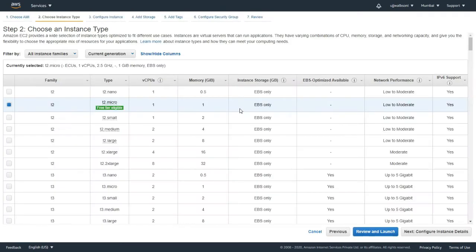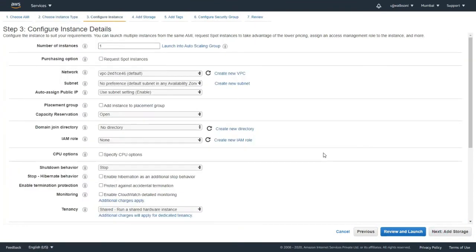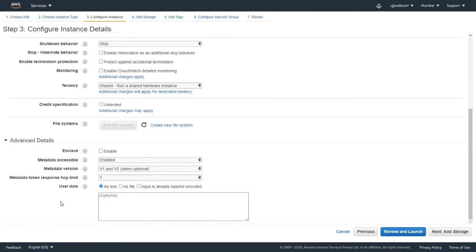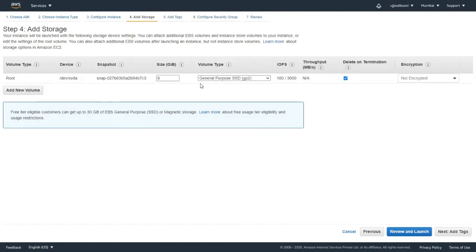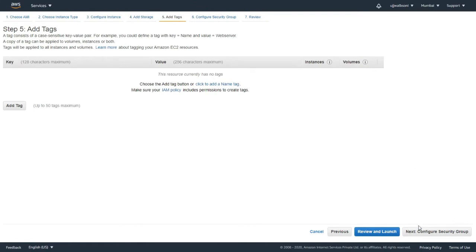I'll be choosing T2 Micro, which is eligible for the free tier. I'll configure the instance details. I will leave the user data as blank since we are not going to access this EC2 instance using web browser. So next, to add storage, I'll keep it default. Next, we'll skip adding the tags. Next,